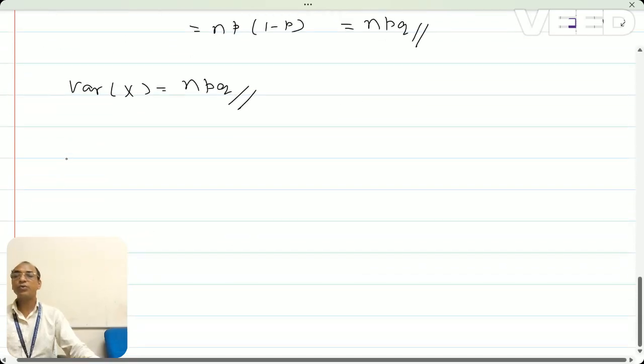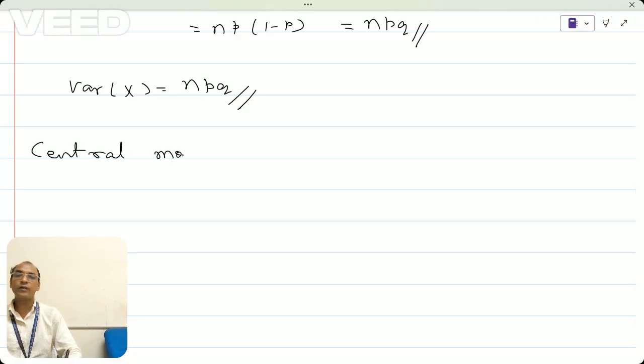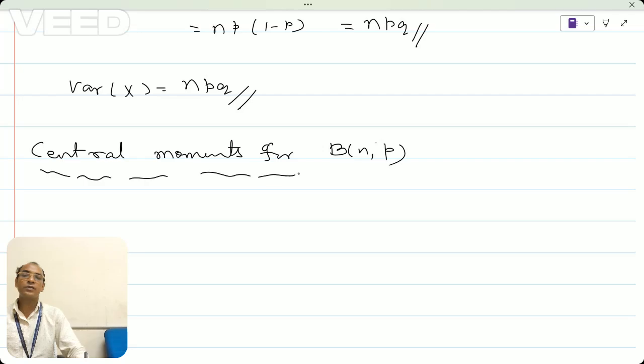Now here I will give you the central moment formulas. Central moments for the binomial distribution. So what are the central moments of the binomial distribution? So here we will write